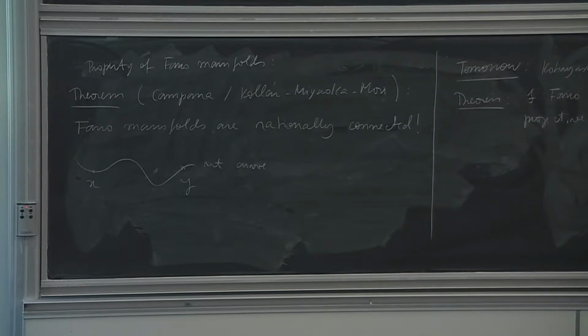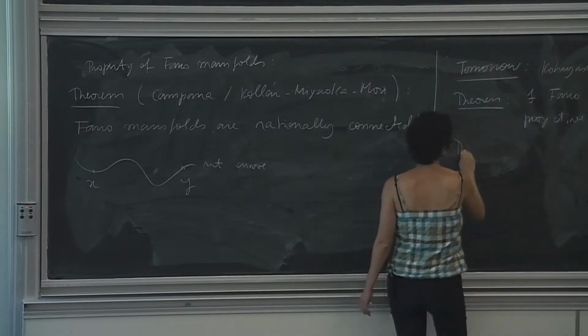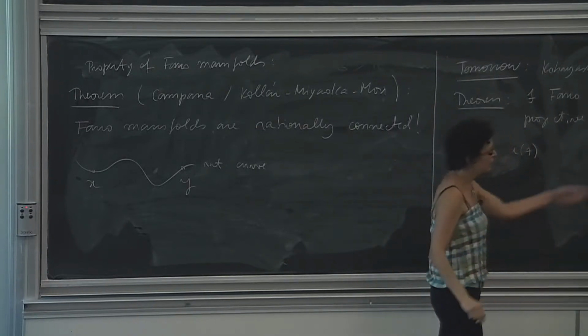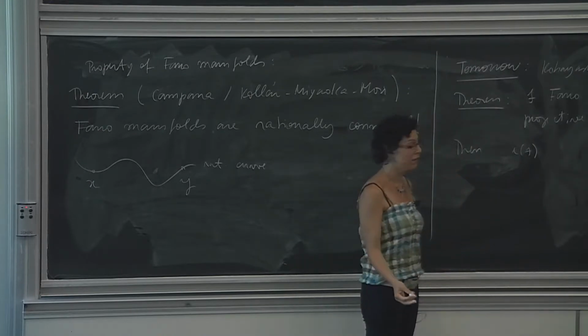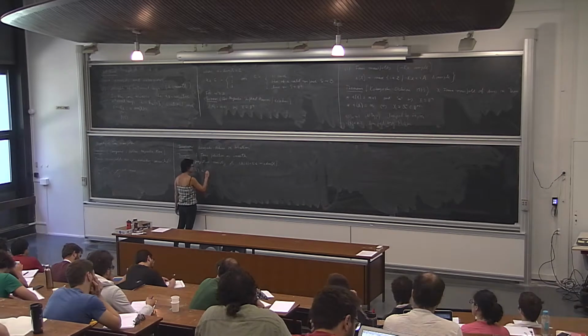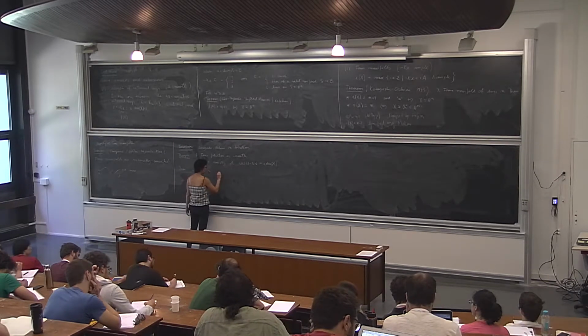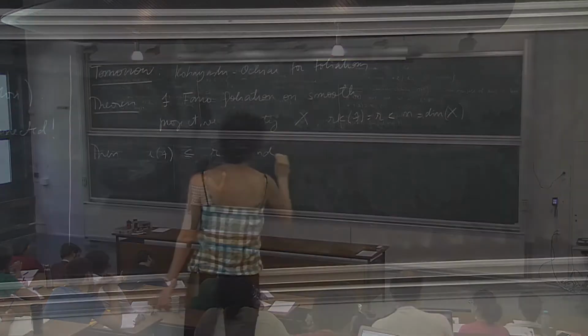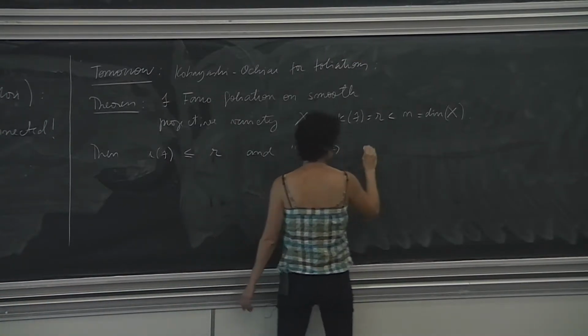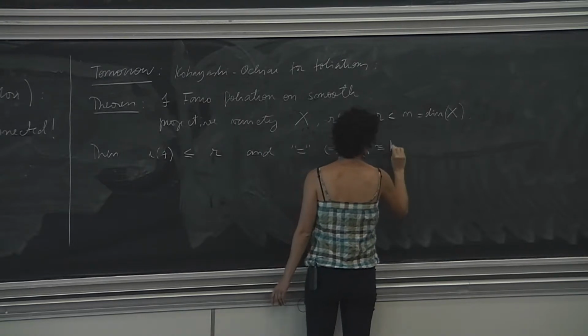So let me assume that the rank is less than the dimension of X. Then in this case, we prove that the index, which is defined in the same way as I defined the index of a Fano manifold, is bounded by the rank. And equality holds if and only if X is P^n